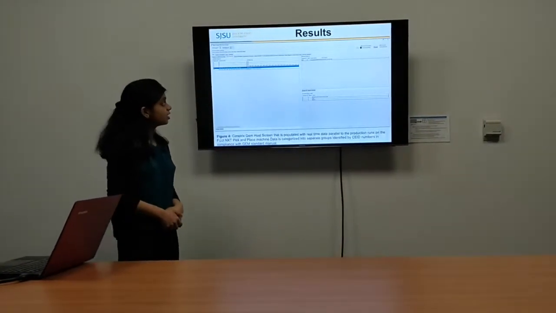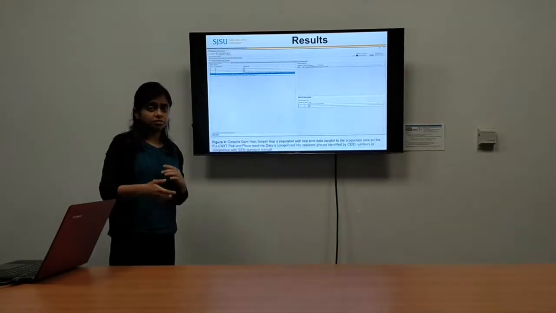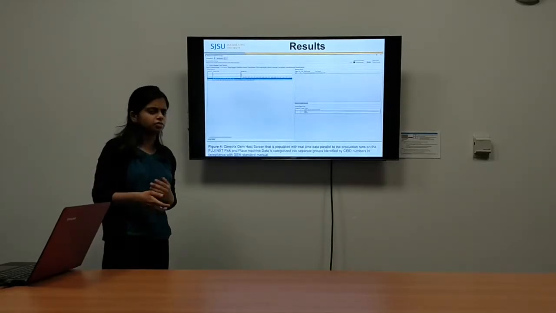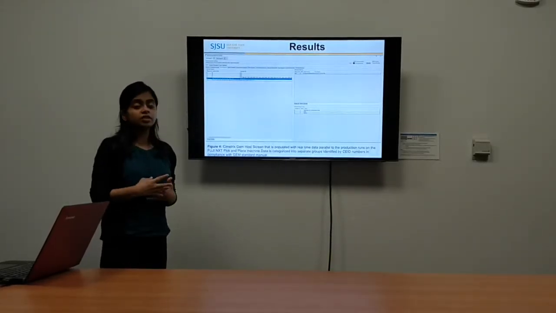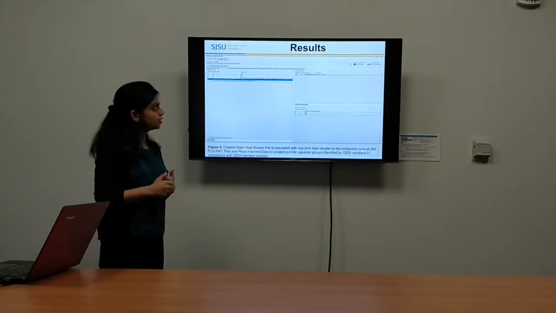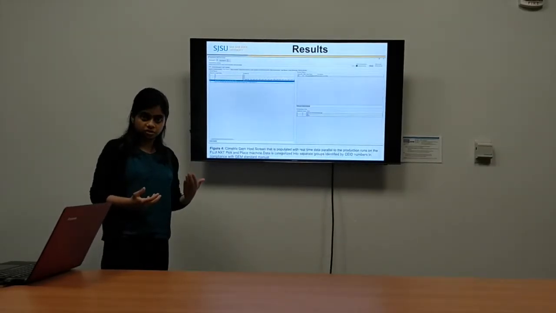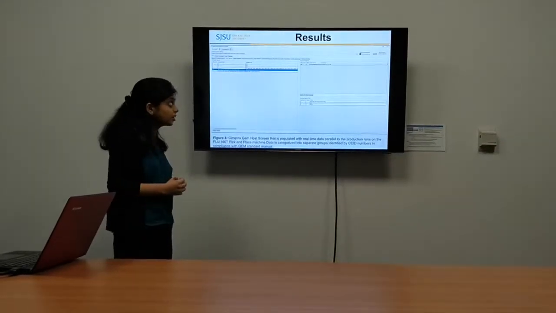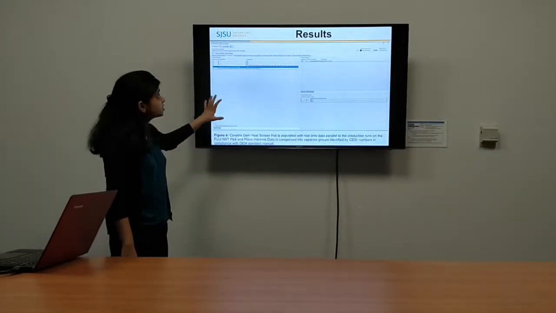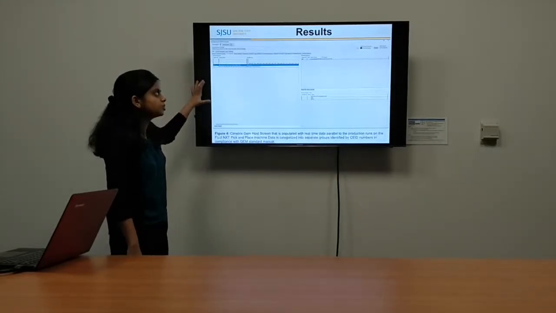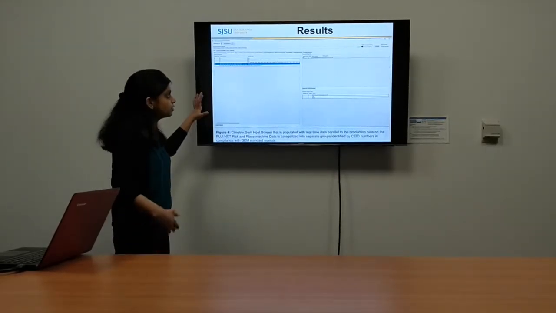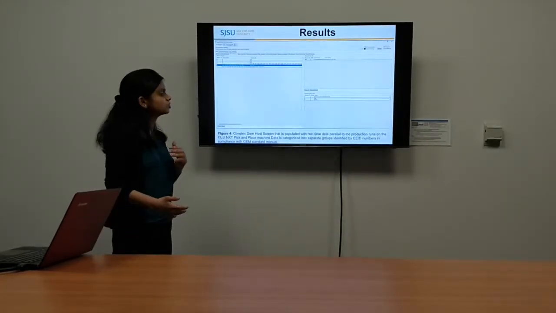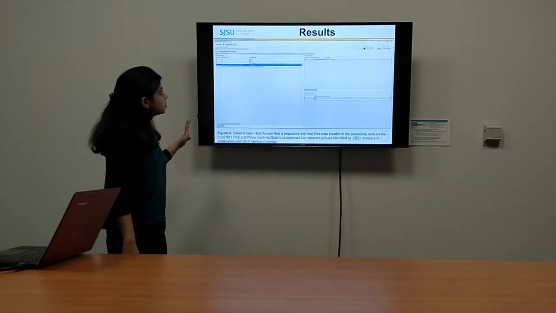Moving on to the results, since SECS/GEM is a very new concept, it's been around in the semiconductor world for around 20 years, but it's very new to the manufacturing world. So we were very interested to see how the SECS/GEM data, or particularly the SECS II data coming from the machine, looks like. And the first initial acquisition of data that we received in our central data repository, also called the Cimetrix host or Cimetrix HostConnect,